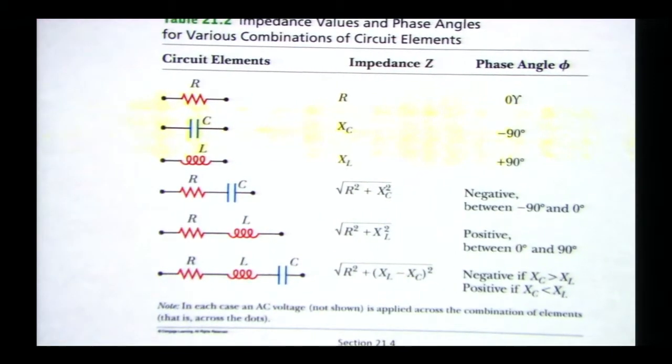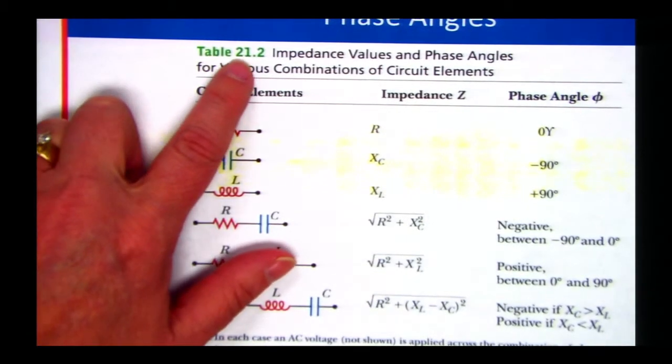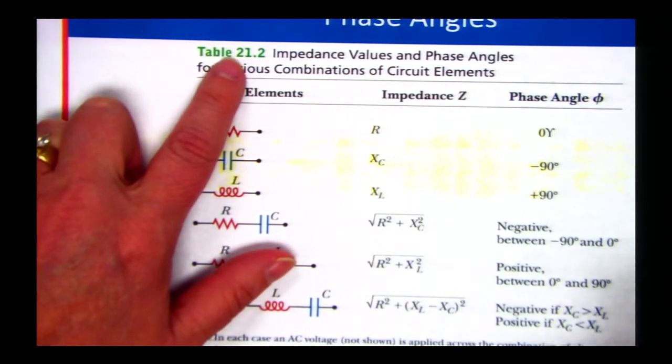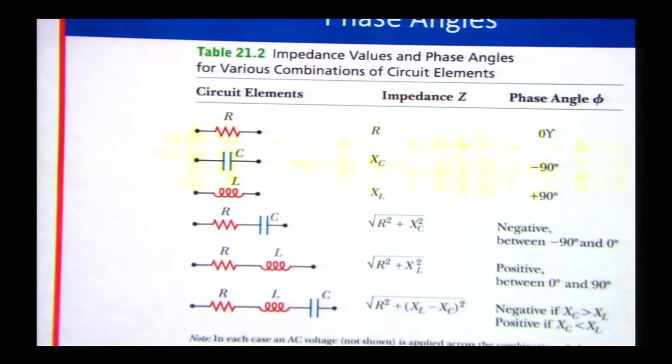Oh yeah, it should be a round table. These slides were from the previous edition of the book, so I'm not 100% sure that table 21.2 is going to be table 21.2 in this edition. But all of these figures that I've shown so far today are in the book. And I don't know if the current edition of the book, right after it does this, actually shows you how the metal detectors work in the